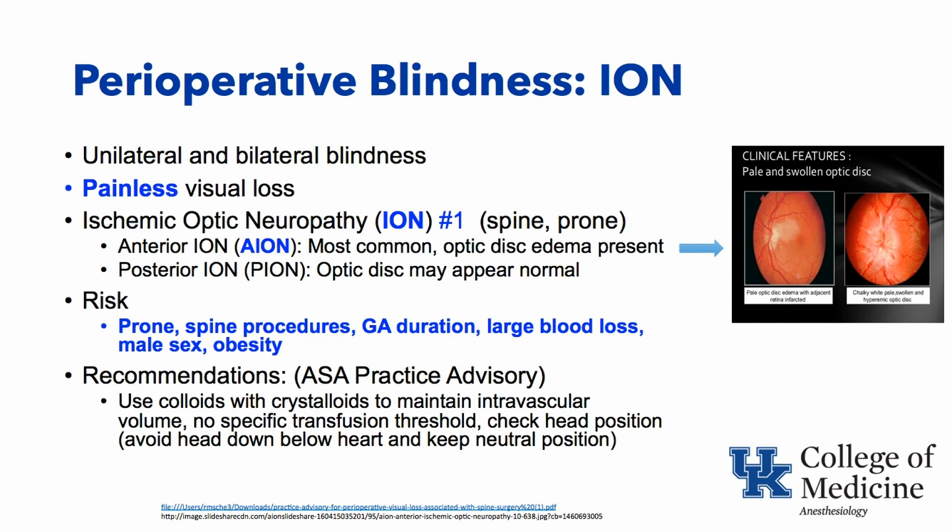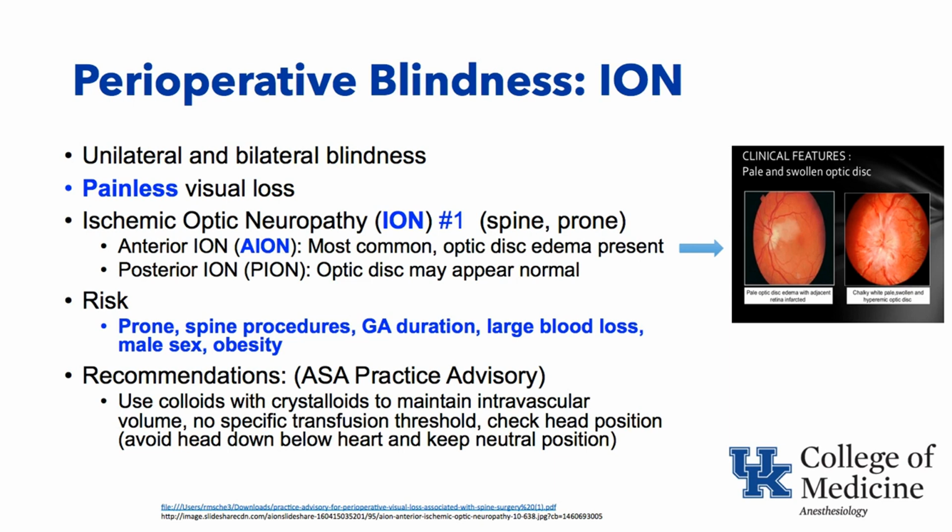And the graphic on the far right is an attempt to show what an optic disc would look like in a patient with anterior ischemic optic neuropathy, optic disc edema being present. While in posterior ischemic optic neuropathy, less common than AION, the optic disc may appear normal because the ischemic optic nerve is posterior to this optic disc. Risk, as previously mentioned, prone spine procedures of long duration with lots of blood loss in males